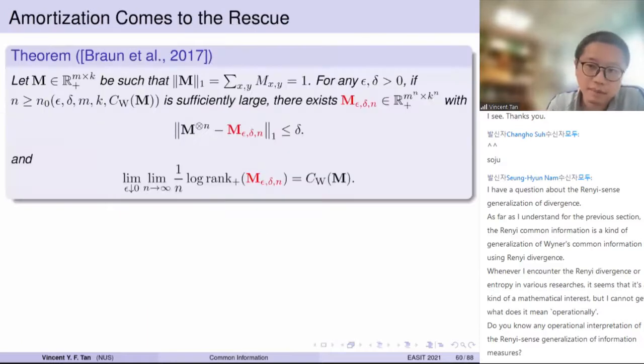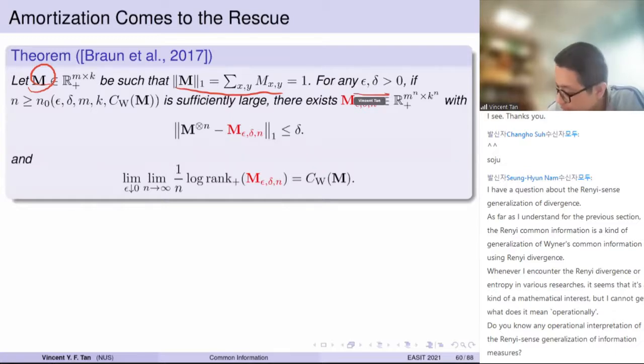And indeed, about 4 years ago, this was shown to be fundamental, but we can interpret this using information theory. Okay, so you give me a matrix M that is suitably normalized, so it's a distribution. Now, if you allow some slack parameters, take n sufficiently large. Then you can find a matrix M that is parameterized by the slack parameters, epsilon and delta, and